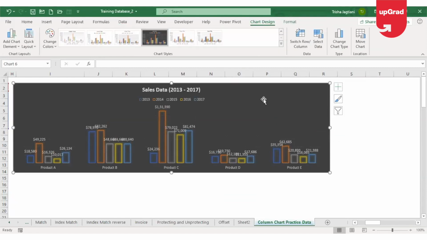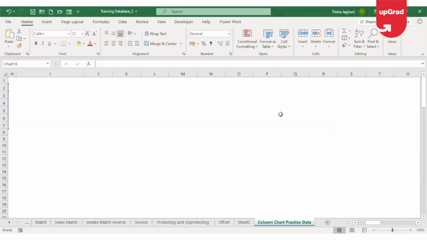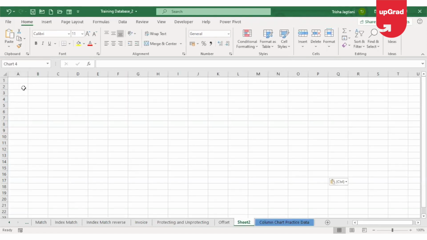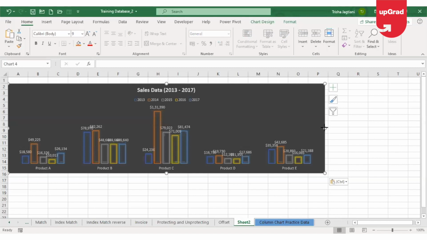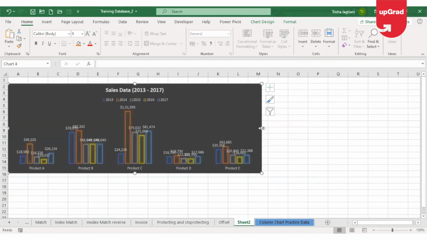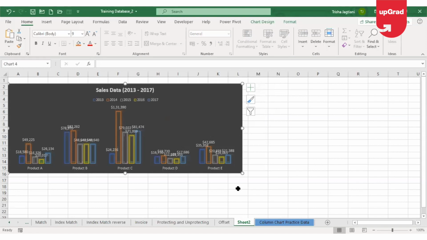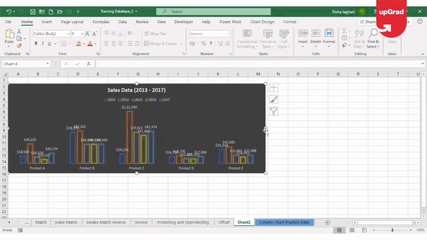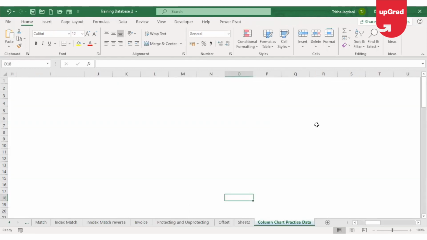Now, once your chart is ready, I can also move this chart from one sheet to another sheet by cutting and pasting it, just like we use Control X and Control V. I'll go onto another sheet and paste my chart. Here, I will be creating my dashboard where all my charts will be placed. So I do not need to look at the sheet where all my tables are. I can only look at this sheet where only my dashboard or my charts are available and not look at all the other tables. Going back to the other one,